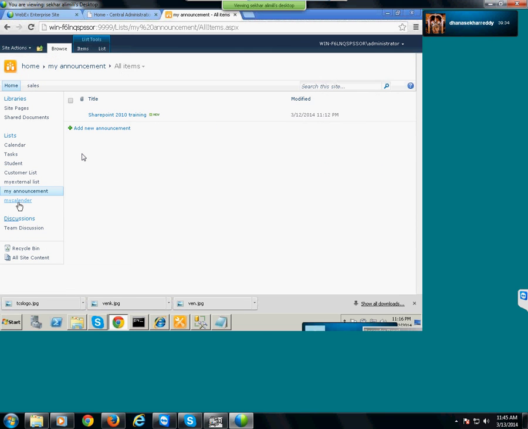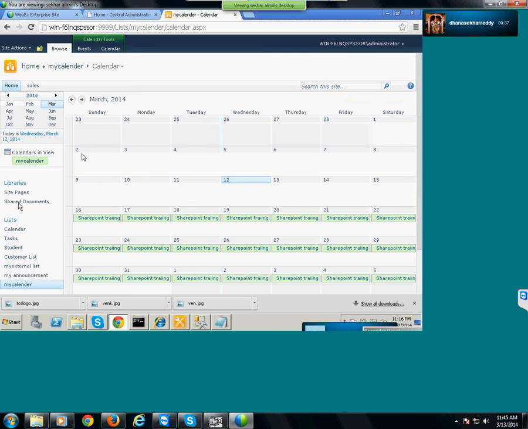Announcement. Everything we can read. The user needs to check every day whether there is any announcement or not. So they are not getting any pop-up or alert like that? You will get email notification once you configure it. Once you configure the SMTP in your system, you will get everyday email notification. Hi Surya, from today 7th to 8th, we have SharePoint training. Like that, you will get email notification.